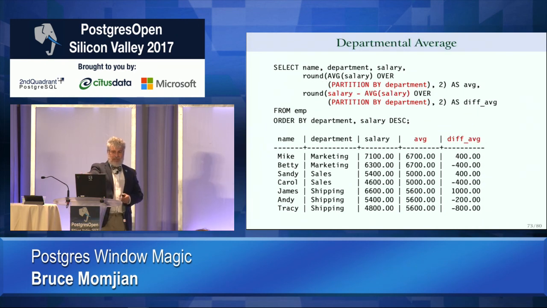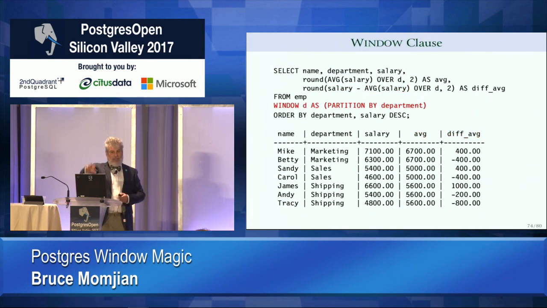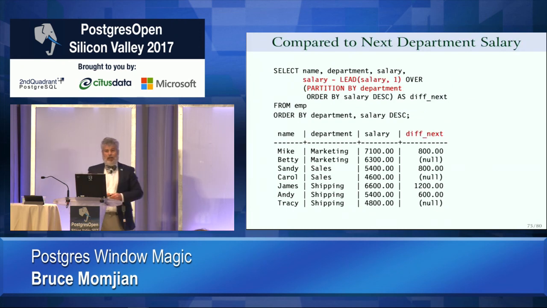Notice how I specified partition by twice here? I can use a window clause, right? And now I don't have to do that anymore. I can tighten it up a little bit. Same results, okay? I can even compare my current salary to the next salary in the department, but not some other department. So here I'm $800 more than the next person in the department. That person, there's no other person in that department, so it's null. Okay? Here again, same type of computation, but now I'm looking at it not within the whole company, I'm looking at it only within departments.